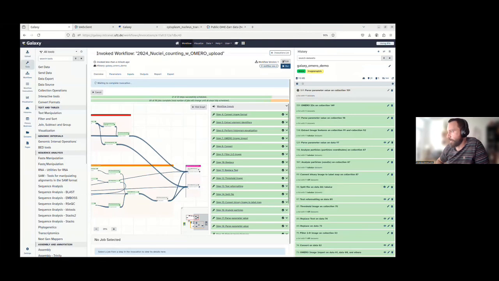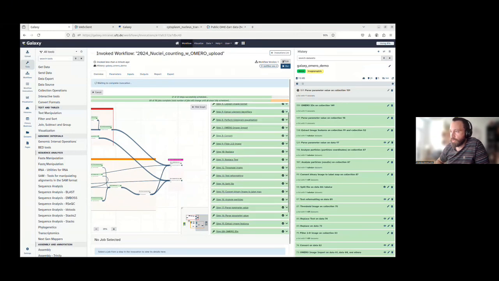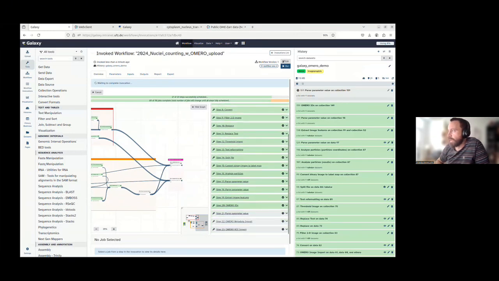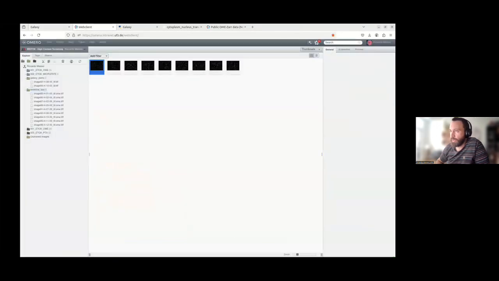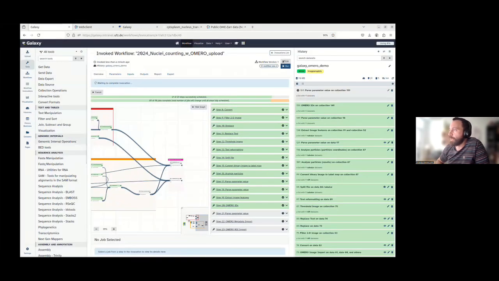We can just play around with it, and we can do it with any of these images that have worked. Back on the workflow, we are in the last step. Everything was uploaded, the image processing analysis was performed, and the only thing to do now is to upload the metadata and the results that we produced during the analysis. You can see the image here.